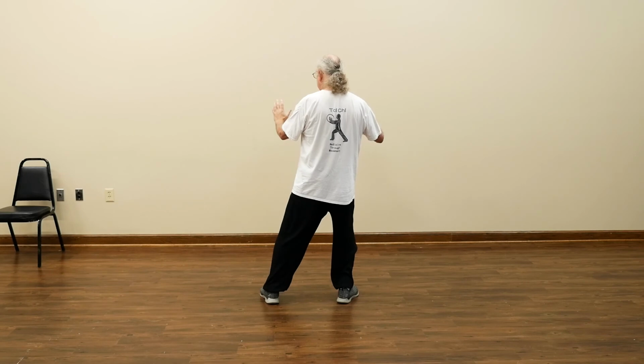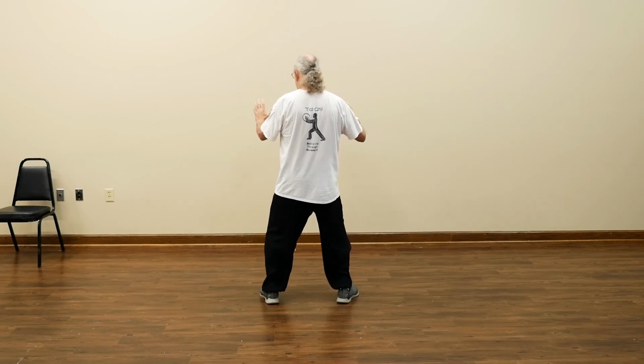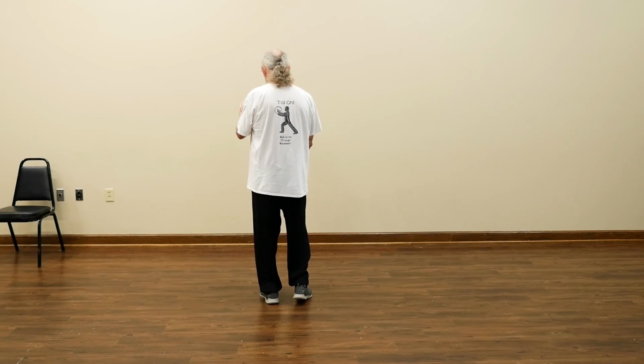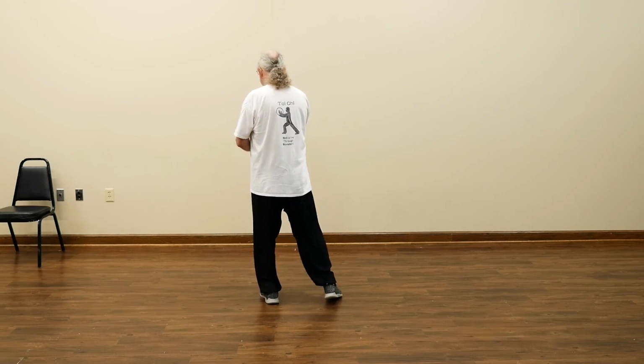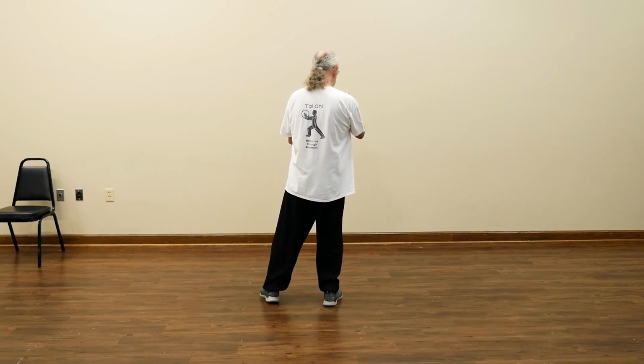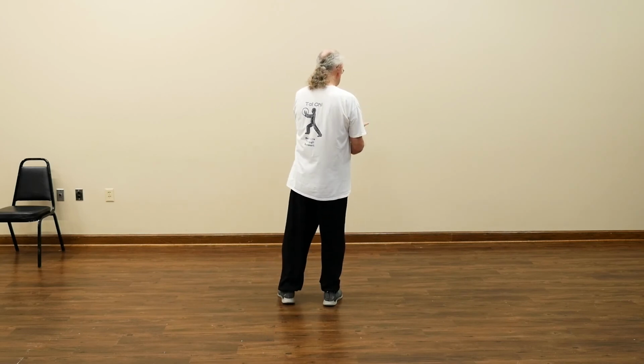Shift your weight, we're going to do single whip, or remember, open the curtains, find them, open the curtains, single whip. Okay, now we're going to wave hands or wash the windows. Step in the bucket, step, switch hands, wash on, step, switch hands, wipe it off,